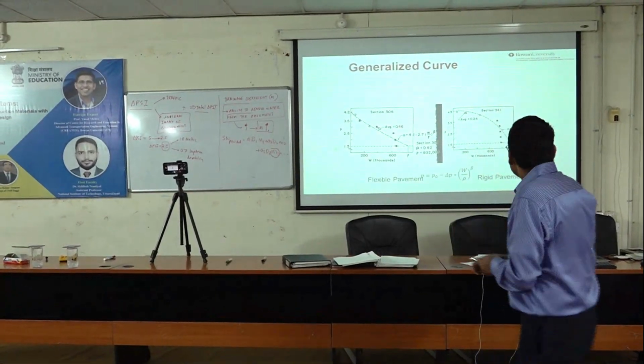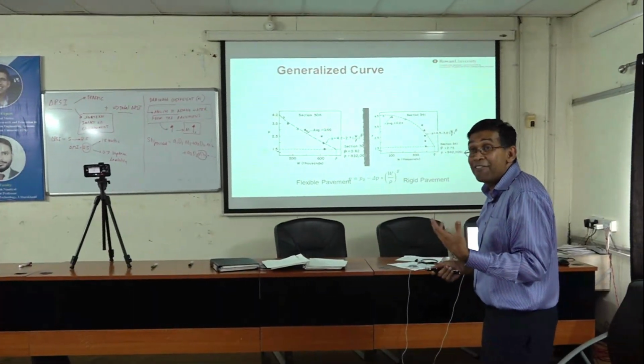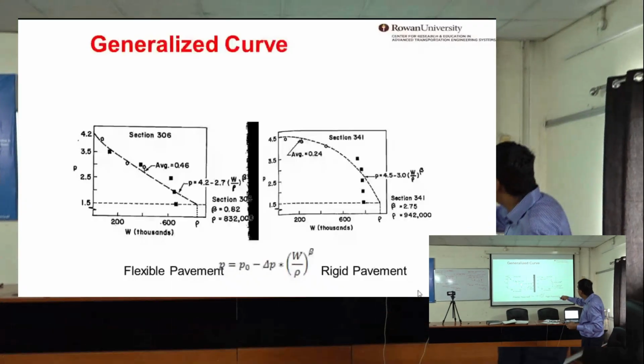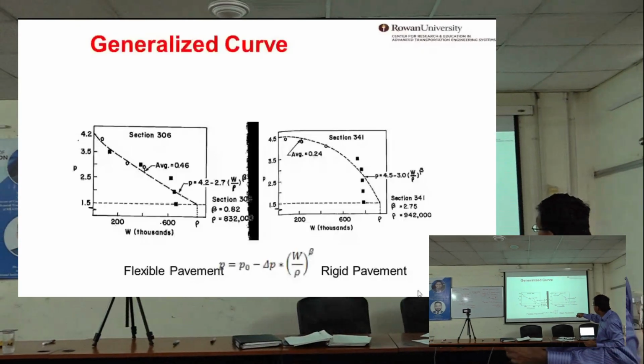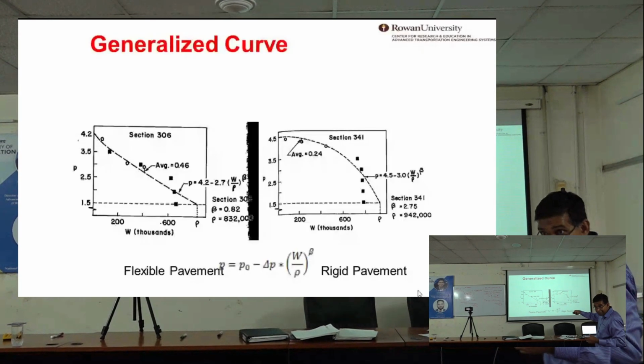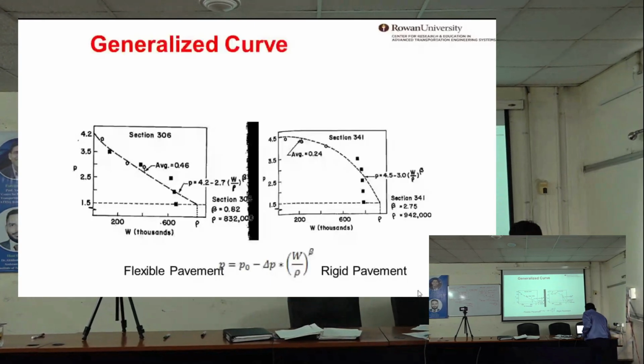That's why I find it very fascinating for those people to do it at that level, right? Start from 4.2 and then how many repetitions? 832,000 repetitions, they reached 1.5, right? So they kind of locked it, right? And then